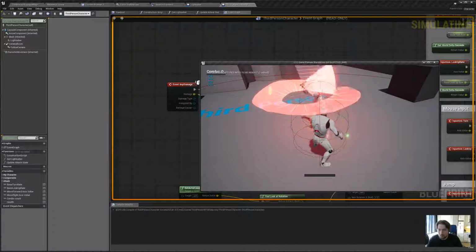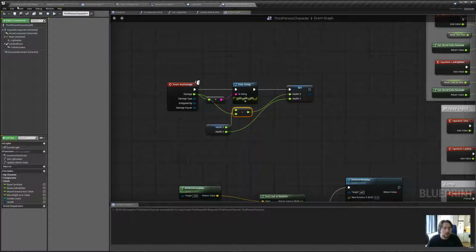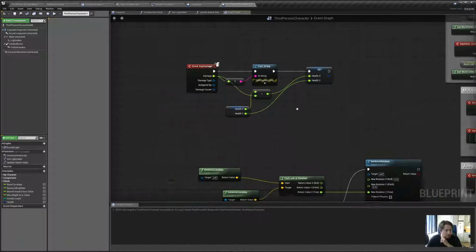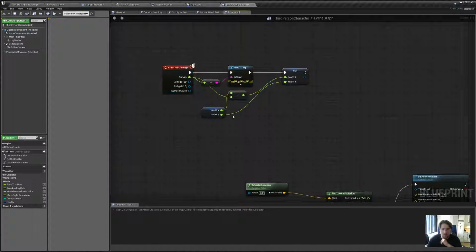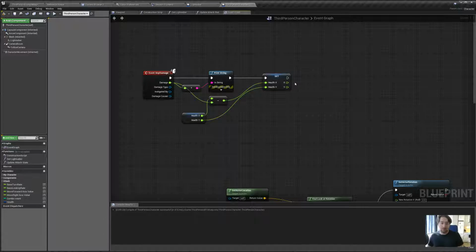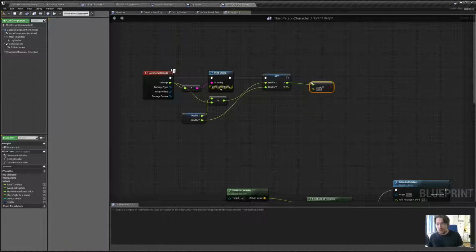Boom, boom, boom, boom. Okay, there was an extra point there, I think. We're not gonna care too much about it for now. Before we end this video, I will show you a quick situation with death. So we split the set health after we set it, because this is the result, and if X is smaller